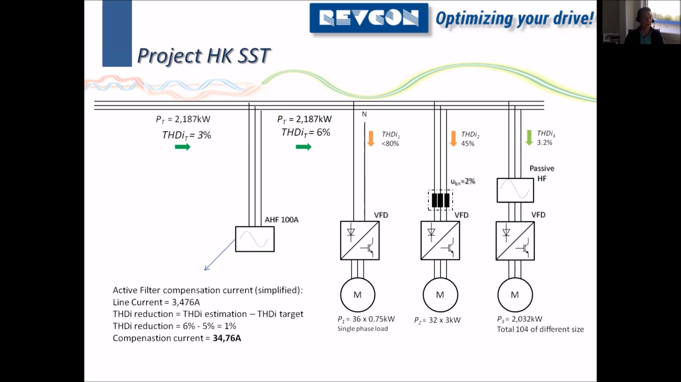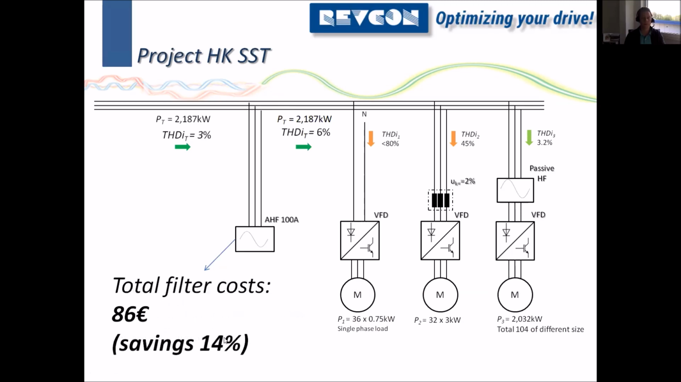So this result was actually better than the passive harmonic filter, but the costs were reduced by 14%, which in this project was quite a lot of money. You see 104 passive filters, 1 active filter. So you can imagine what the cost of this project will be. So really relevant cost just by choosing a better, different solution,